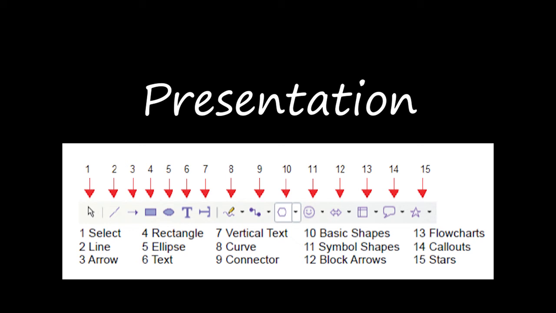Right, basic shapes means here if you click on the arrow near that basic shapes, we'll have a number of shapes there. You can select the shapes and you can fill color, you can draw over it and all using this drawing toolbar. So you can create any one image, and in one slide you are making that image in a place, and in the next slide you will be making it feel like moving. For making it move, in the next slide you have to keep the same background and place the same cartoon character there with a slight movement.